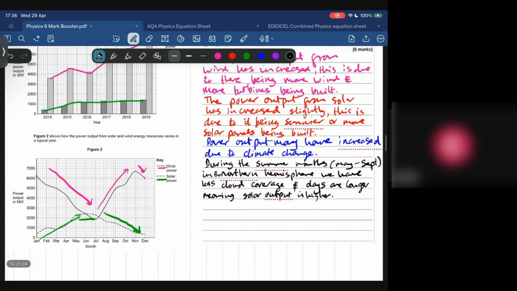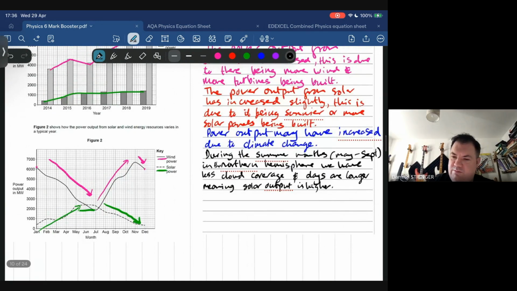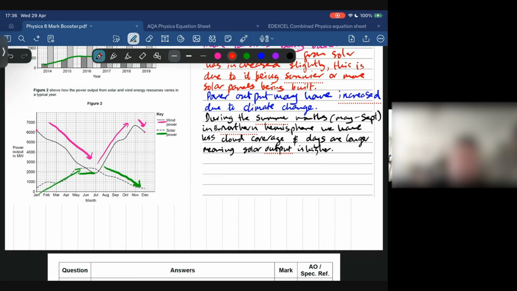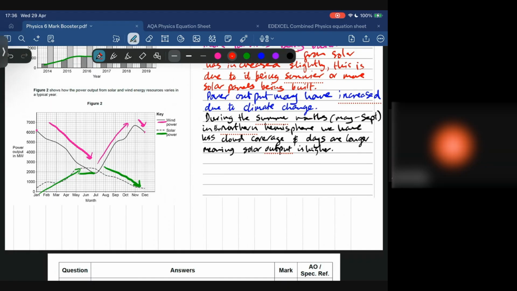I didn't quite catch. I was writing this down. All right, well, you carry on writing down then. Amina, how would you talk about the wind? So we're basically describing the line, aren't we? We're saying, you know, it goes up here, it goes down there. This is why. Could you see for wind power